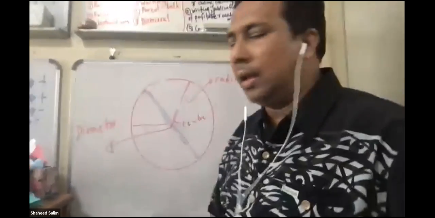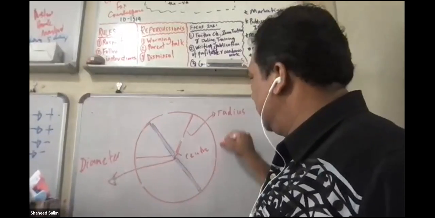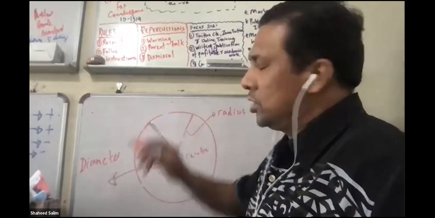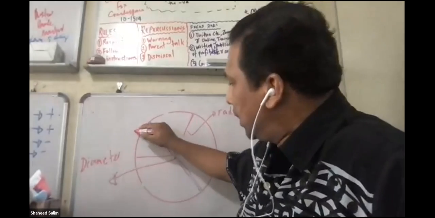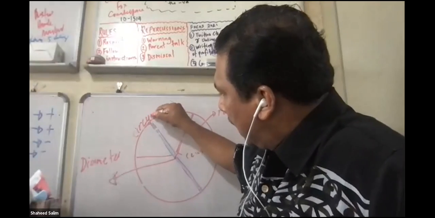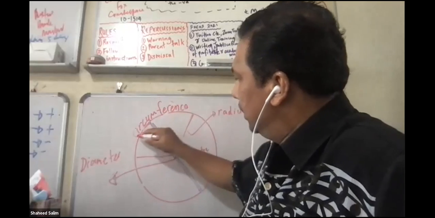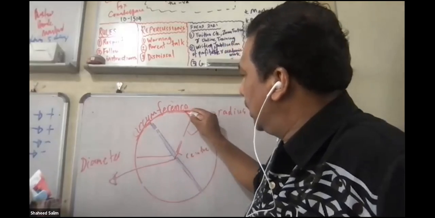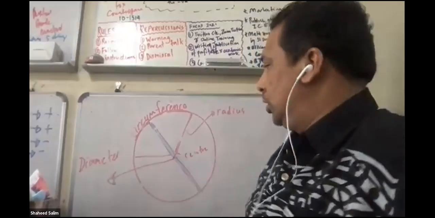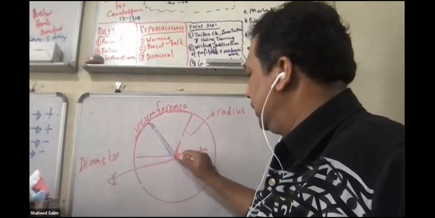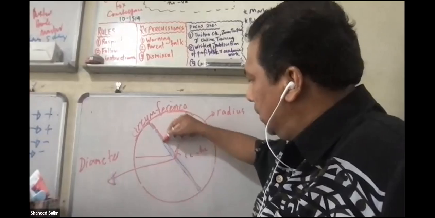Now the part that is around here has a special name. It's not called perimeter. This is called circumference. There's a special name for it. So there are four things you need to know: the center, radius, diameter,